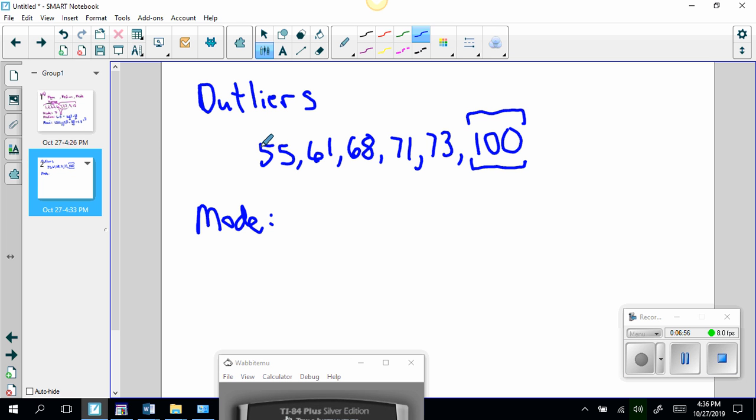Oh my, there's not one number the same. So we go, there is no mode. You have to have at least two of something to have a mode. The median